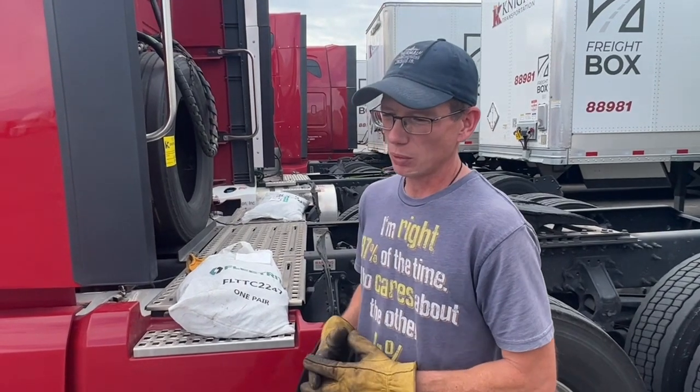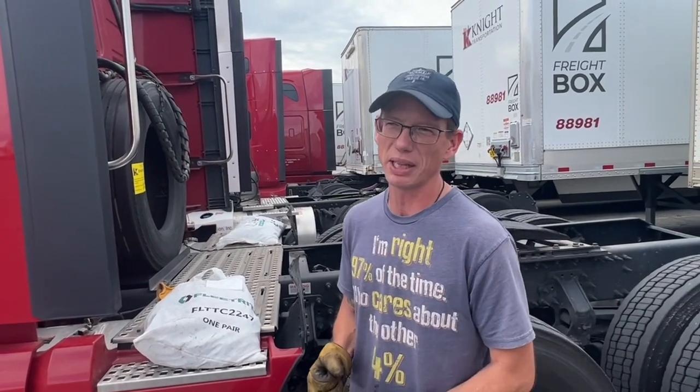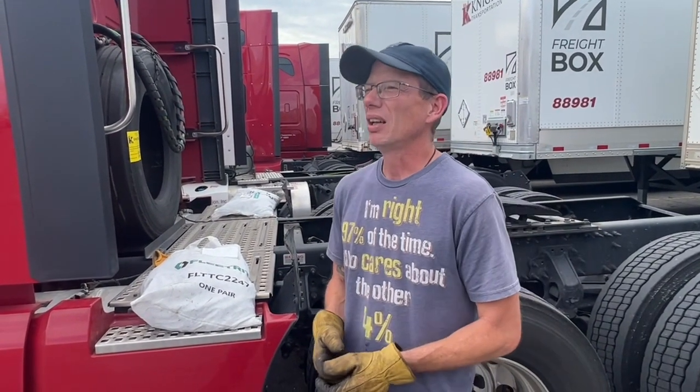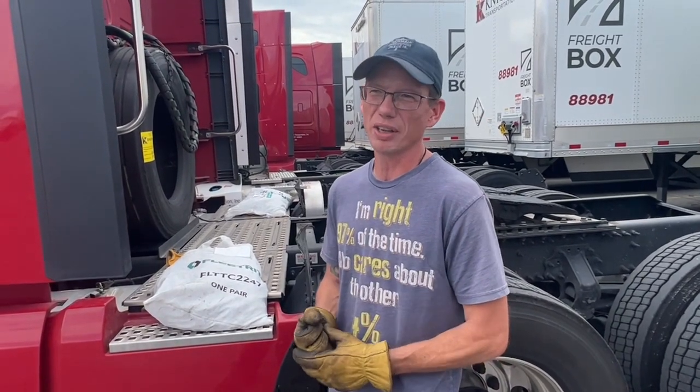First of all, when do you need chains? A lot of drivers out there will say, I don't need to carry chains, I don't ever plan on needing to pull my chains out, so on and so forth. If I have to pull chains and I have to put them on the truck, I'm just not going to drive. So how many of you have been out on the road and have gone into